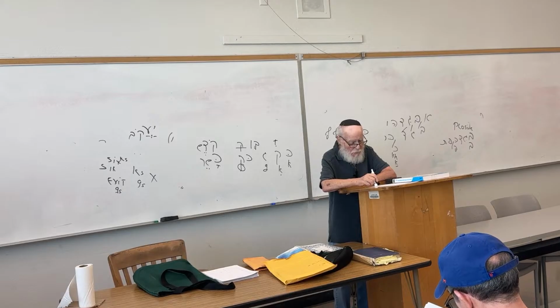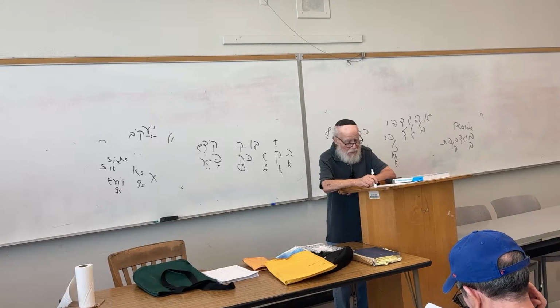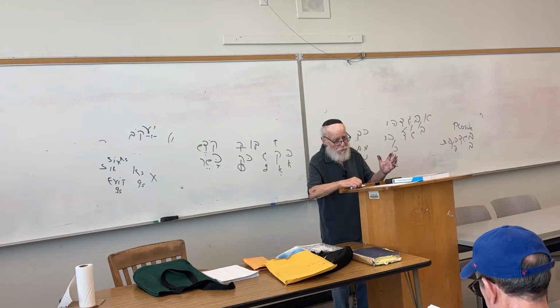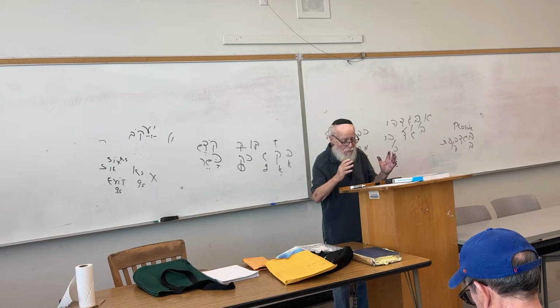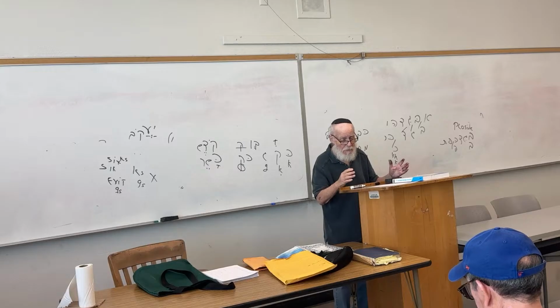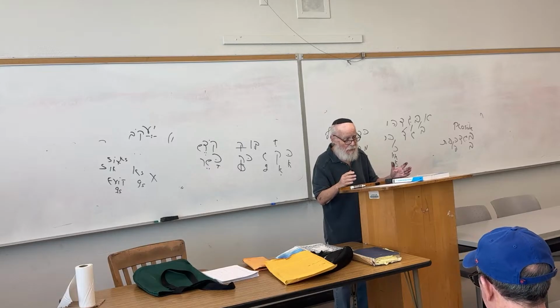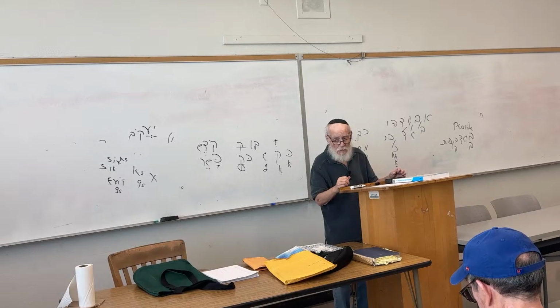And then you go from 100 to the number 200. So the question is, how do I say 130? You take the number for 100, that's a kuf, and you take the number for 30, that's a lamed, so kuf lamed. How do I say 101? You take the kuf, and you take the aleph, kuf aleph. How do I say 157? The 100 is kuf, the 50 is a nun, and zayin is the 7. So kuf, nun, zayin.